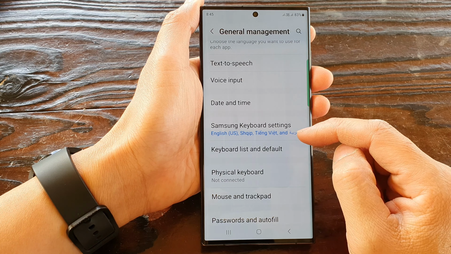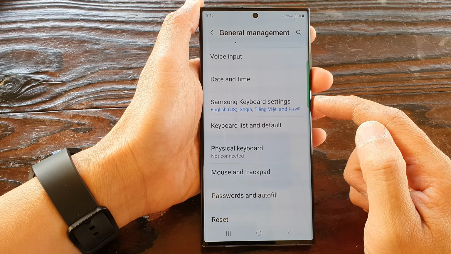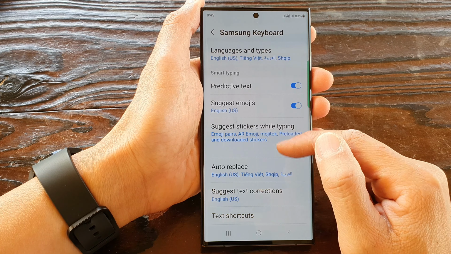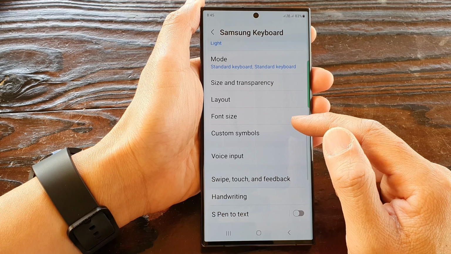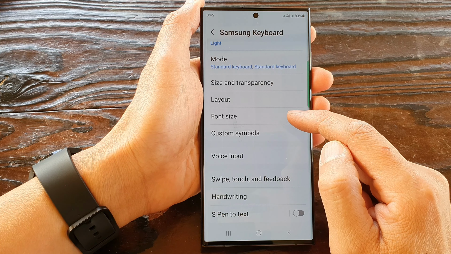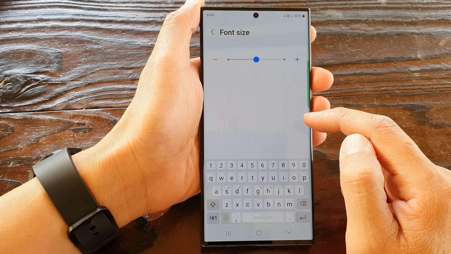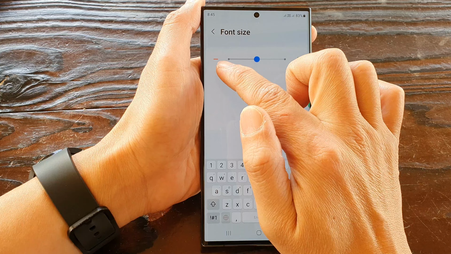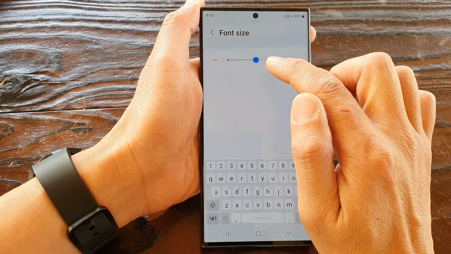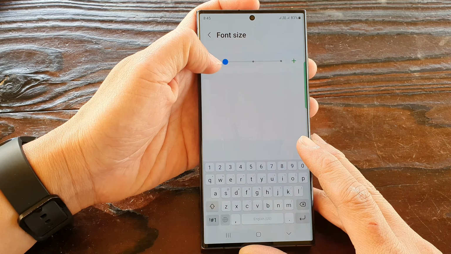Next, we go down and tap on Samsung Keyboard Settings. Now scroll down and tap on Font Size. Now in here you can tap on the minus button or the plus button to decrease or increase the size of your